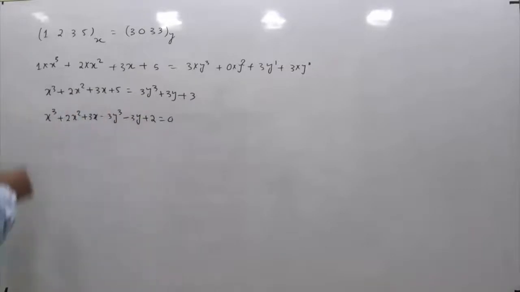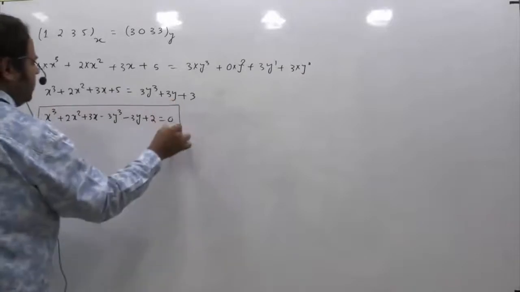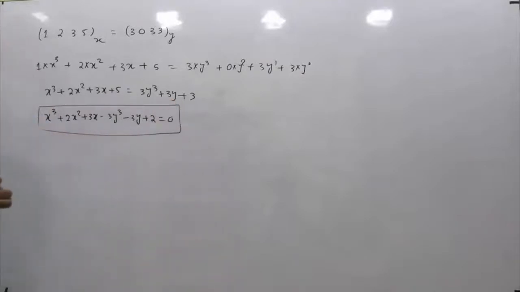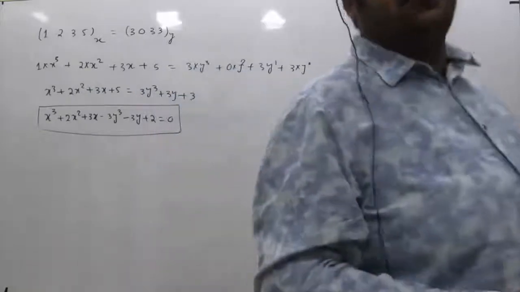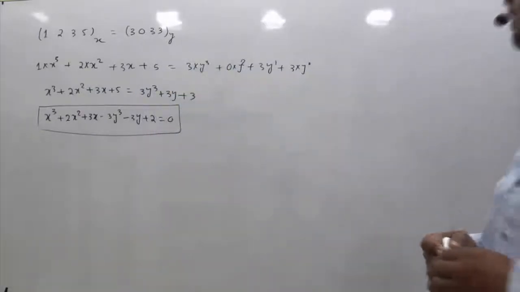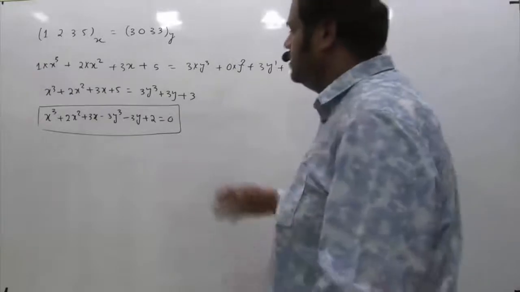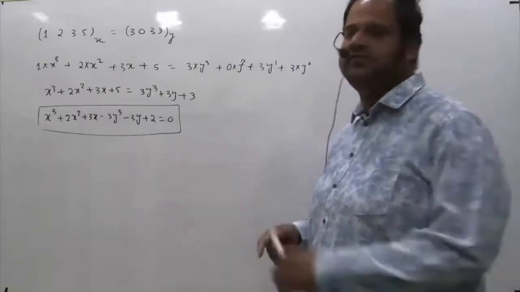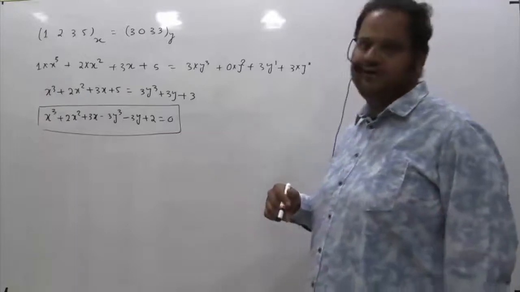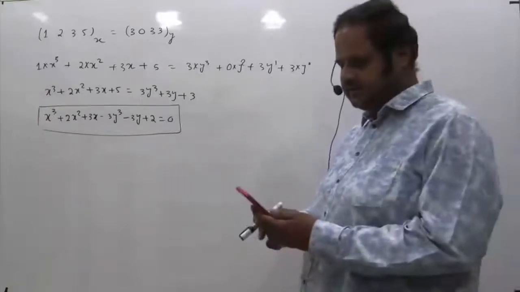So this is the corresponding equation I am getting, or this is the condition I am getting in base 10. Now the point is, if you see the options, we have to find the values of x and y. But how do you find the values of x and y? Because there are two unknowns and there is only one equation. So it won't be possible, right? The only thing is you can go through hit and trial methods. In such kind of questions, it is wise to go through the bases, right?